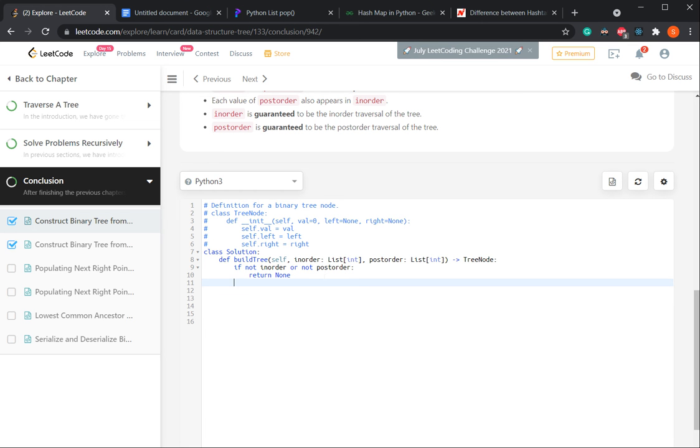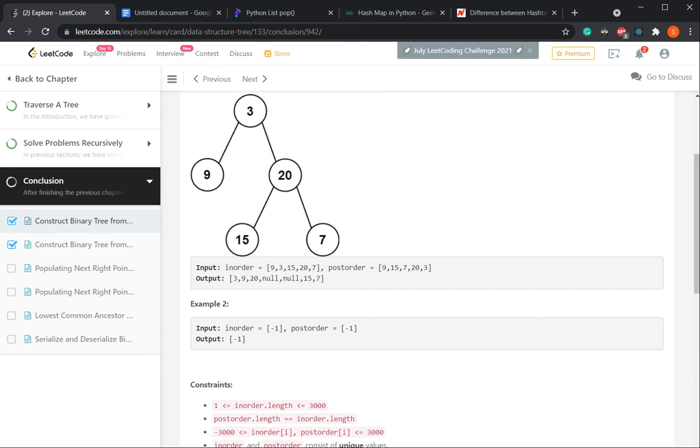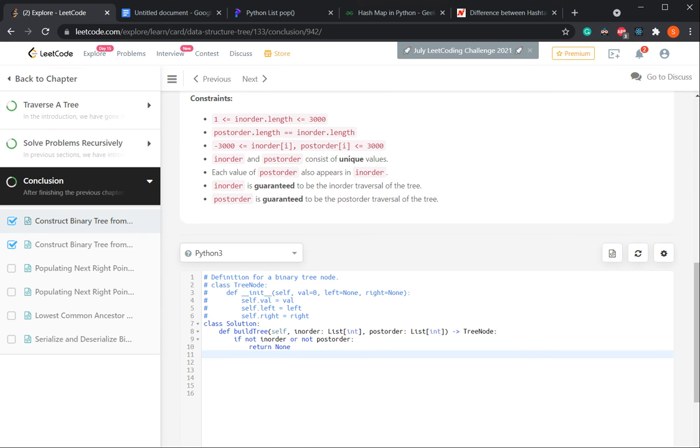And if the inorder and postorder arrays have some elements in them, then we will first notice that the rightmost element of the postorder will be the root of the tree. Because post-order is defined as first we check the left of the tree, then the right, then the root. So the rightmost element of the postorder will always be the root of the tree. We will use this information in constructing the tree.